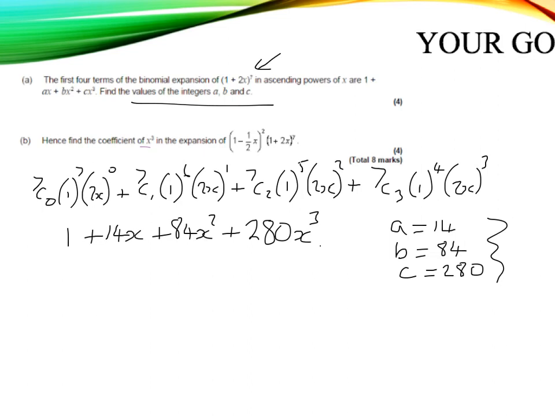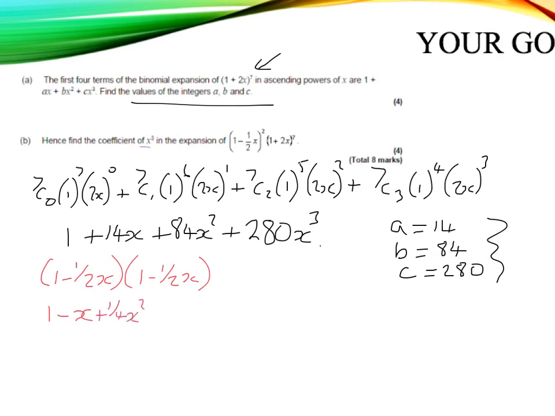Okay, so let's multiply out 1 minus a half x squared first. We don't need to use binomial expansion for this, it's just a simple GCSE style expansion. So I've got 1 minus a half x multiplied by 1 minus a half x. That's going to give me 1. My outside pair is minus a half x, and my inside pair is another minus a half x. So I've got minus x,